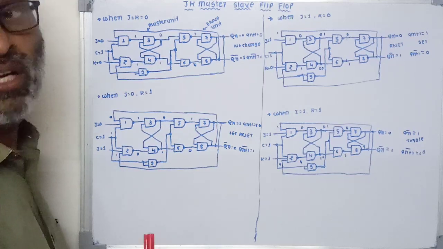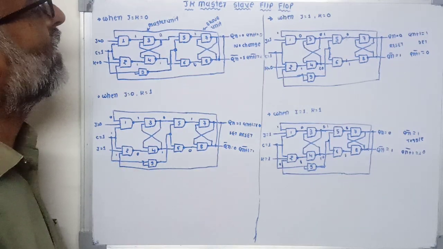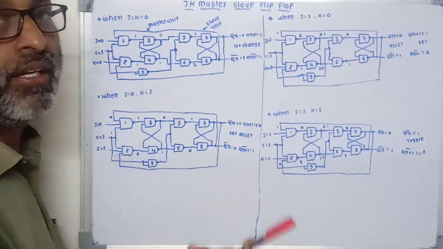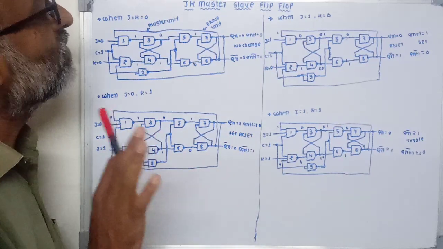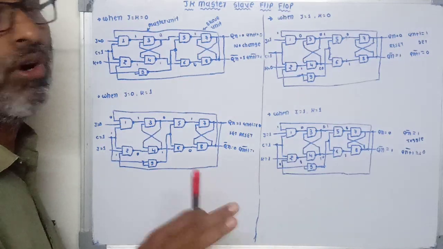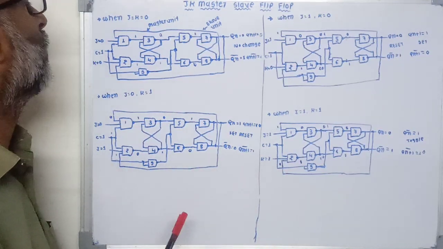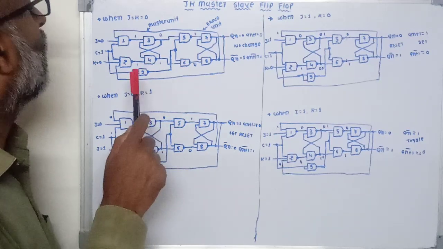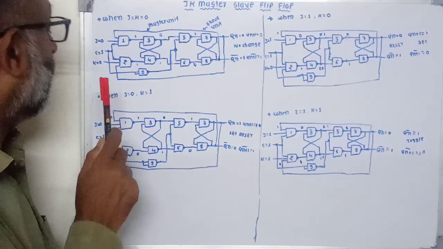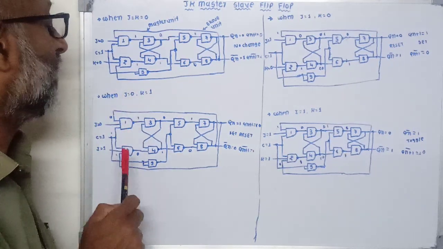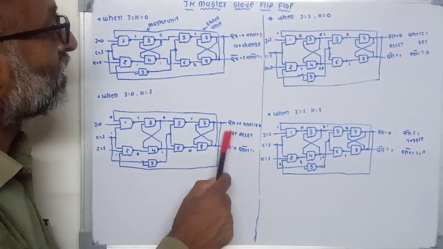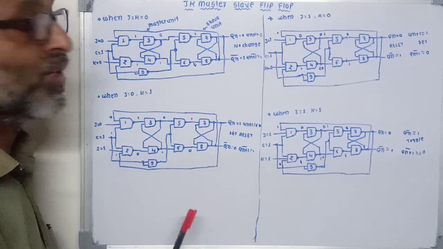That means if our flip-flop is in set condition, then its new output is also in set condition. That means there is no change. So the new output is equal to the previous output. So here you can say that the slave unit copies the master unit. Now in the second case, when J is equal to 0 and K is equal to 1, and initially our final output of the flip-flop is Qn equal to 1 and Qn bar equal to 0.